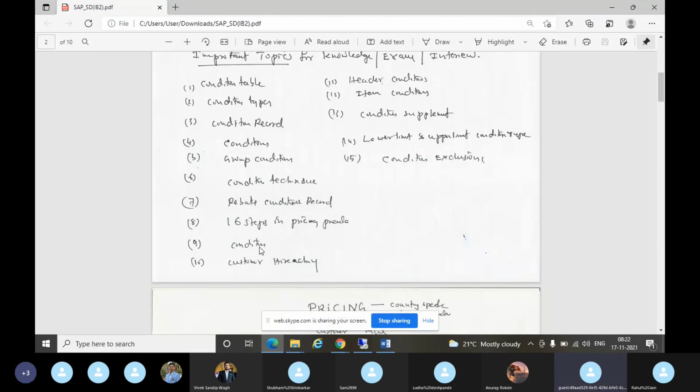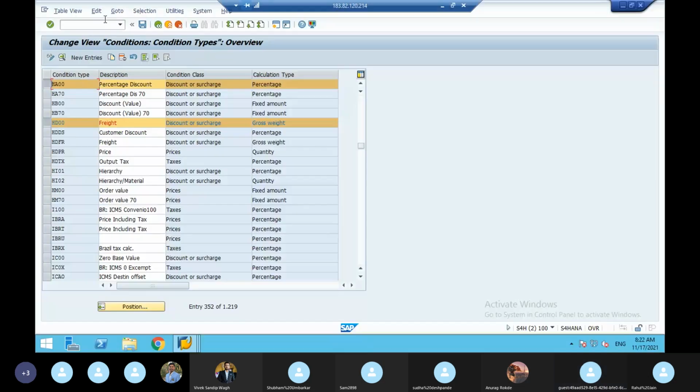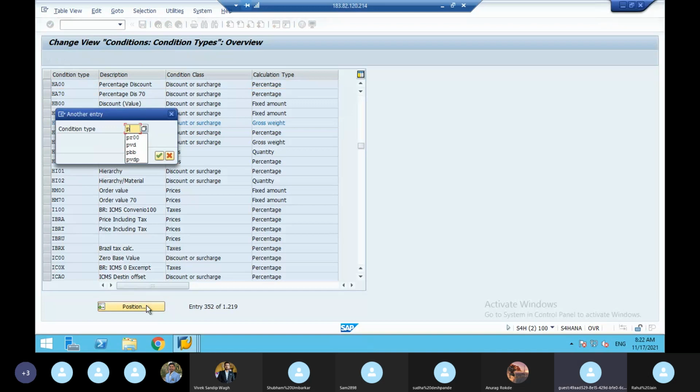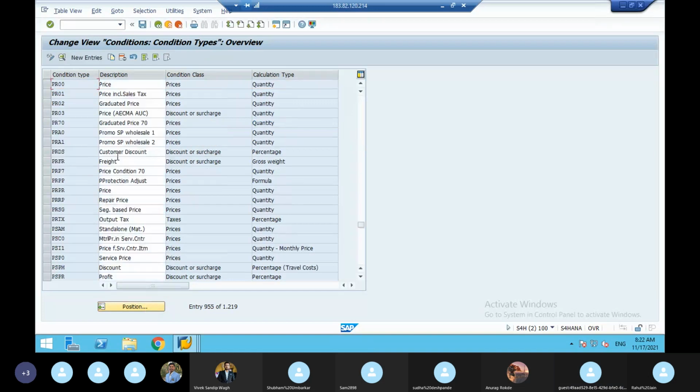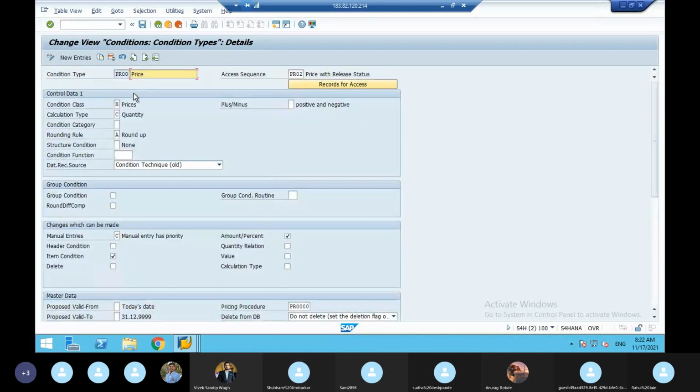What are condition scales? See the example. You have maintained PR00. Here you maintain scales.